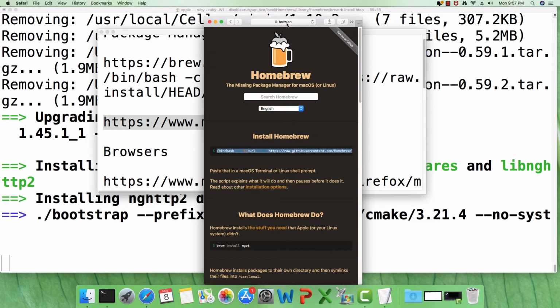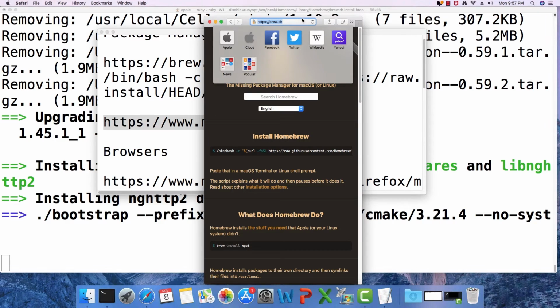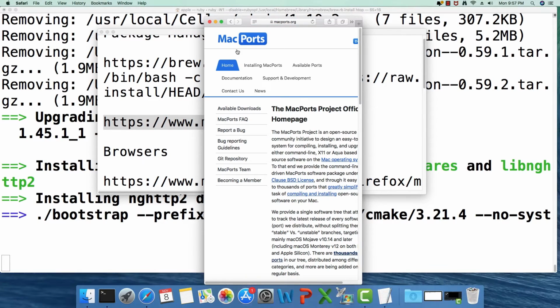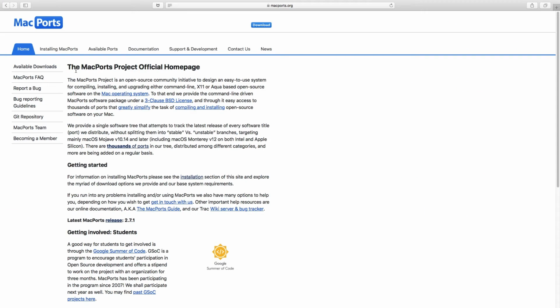I'm just going to go to the homepage of MacPorts, and I have mentioned the link in the description. This is the MacPorts project official homepage. The MacPorts project is an open source community initiative to design an easy to use system for compiling, installing, and upgrading either command line, X11 or Aqua based open source software on the Mac operating system.